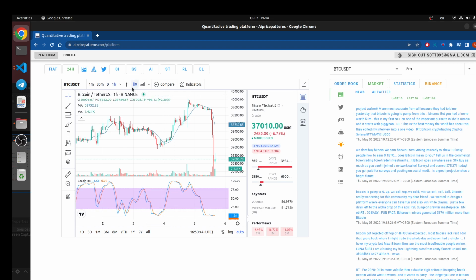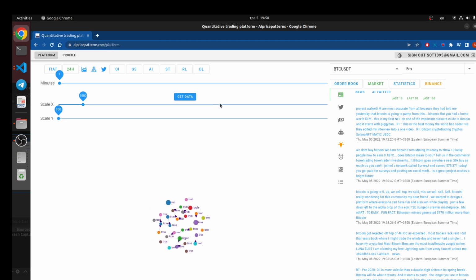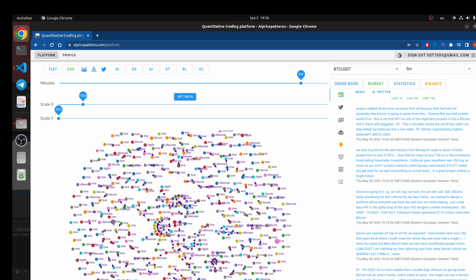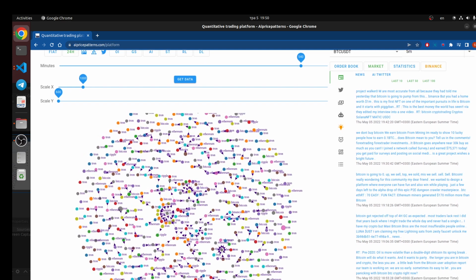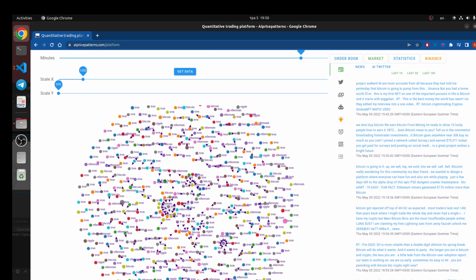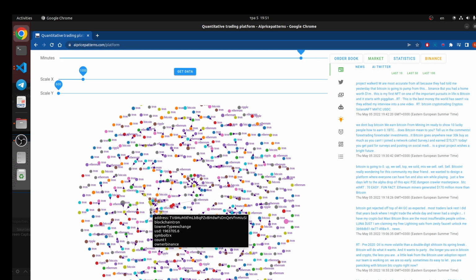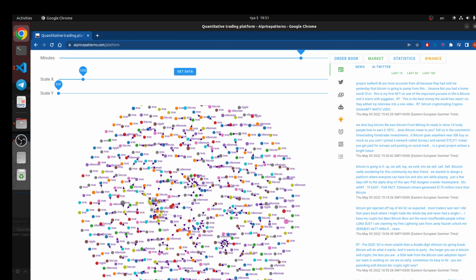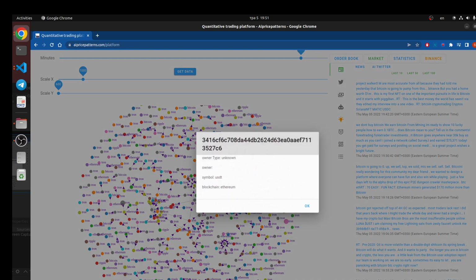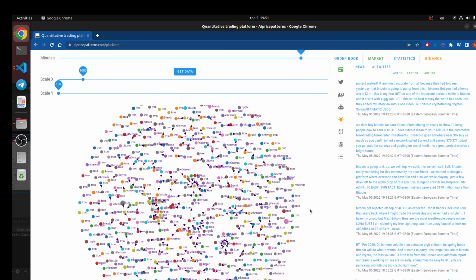Let's look at the graph. What happens? For example, take more data, maybe half a day. Let's look at the situation. This is a transaction between large wallets, and we could understand what happens between the wallets. And I'm looking, for example, for the net cash value between Binance and private